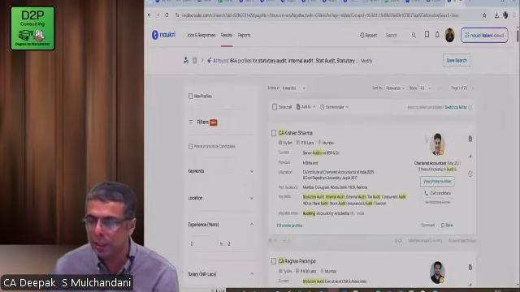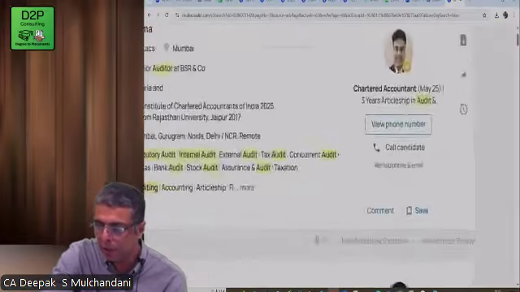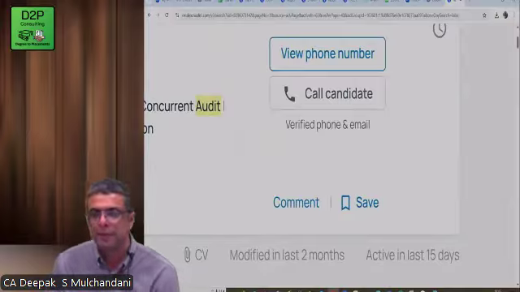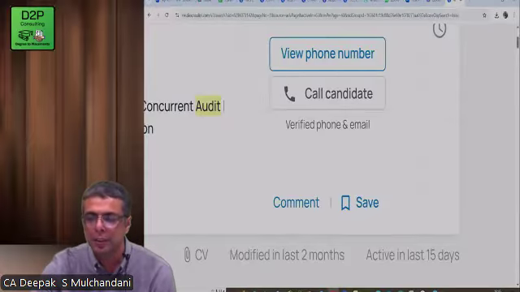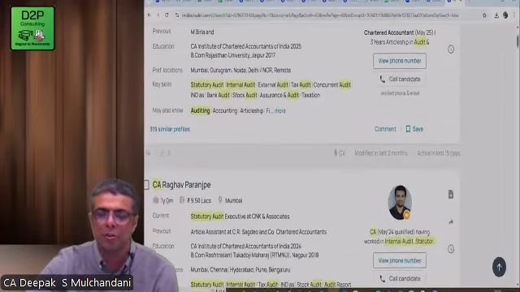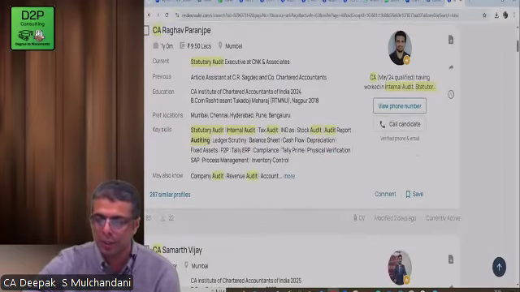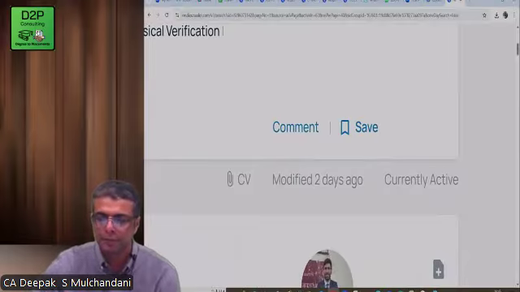If you see on the right corner, if I zoom in, this is what I was trying to say, that if you remain active, it helps. Modified in last 2 months, active in last 15 days. So it means this person is looking for a job or not. That is something we need to see. This person modified 2 days ago, currently active.